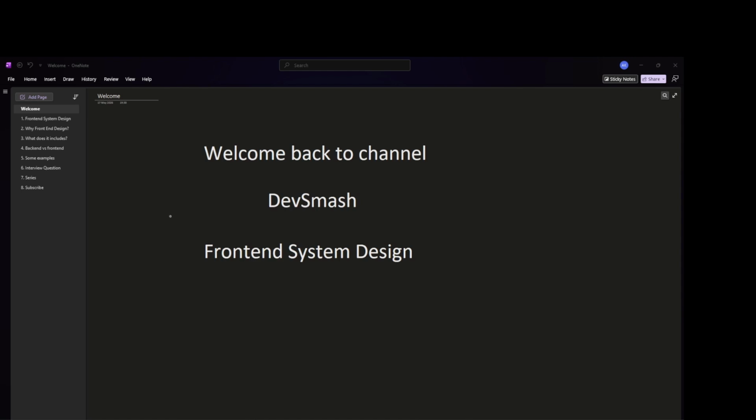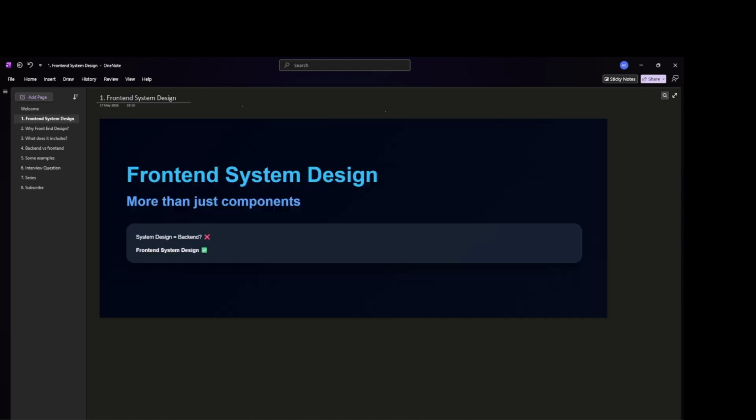Whenever people hear the term system design, they immediately think about back-end concepts like databases, load balancers, caching, or microservices. But system design is not just for back-end engineers.